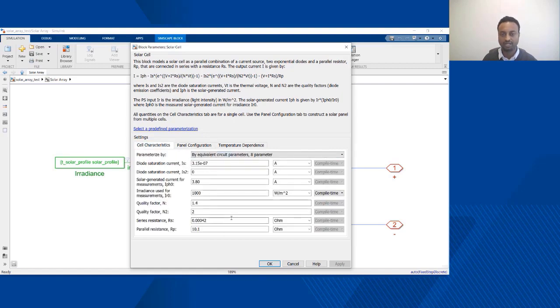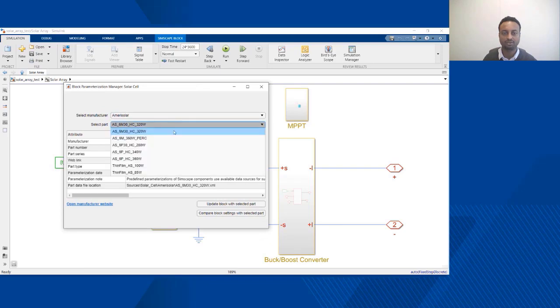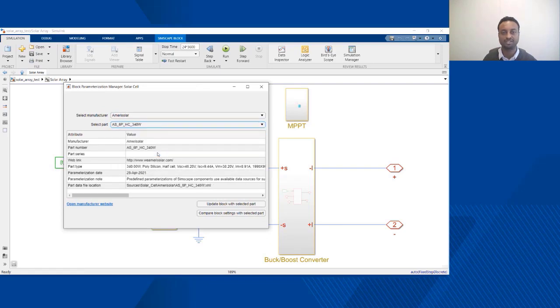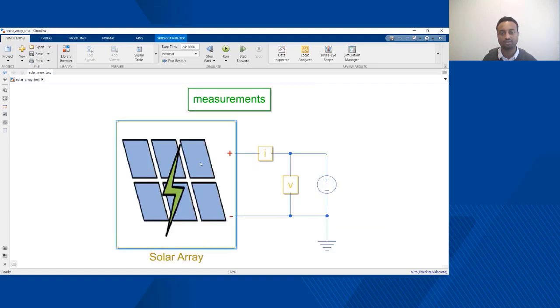While this manual parameterization is a possibility here, there is also an option to actually select a manufacturer and then also a part number so that there is an automatic parameterization based on the data obtained from the manufacturer datasheet. Once we parameterize the solar cell, we have to extend it with additional components, MPPT and a boost converter that we'll discuss shortly. And then finally connect it to a load so that we can create a performance simulation of